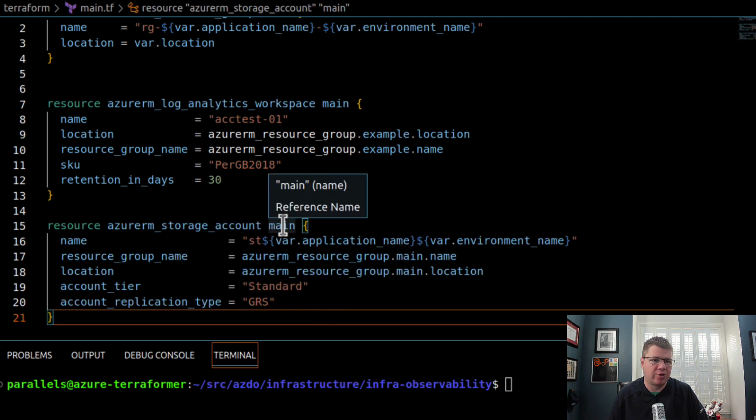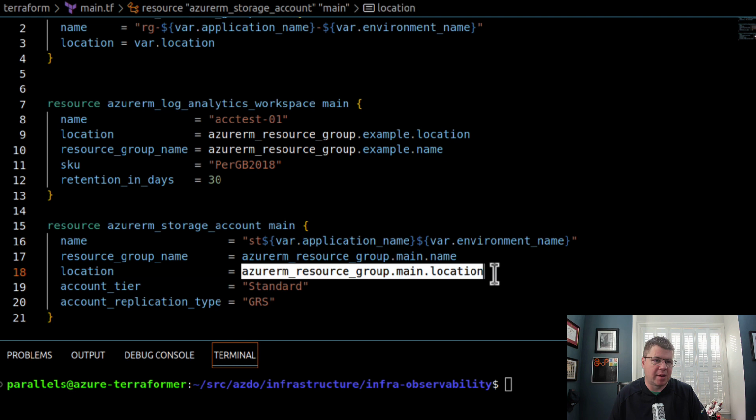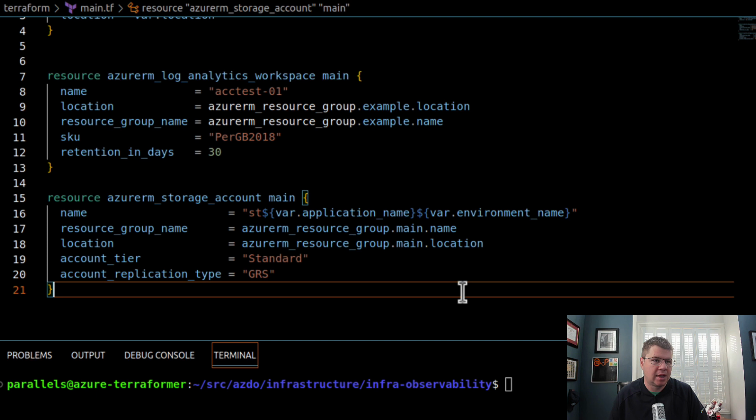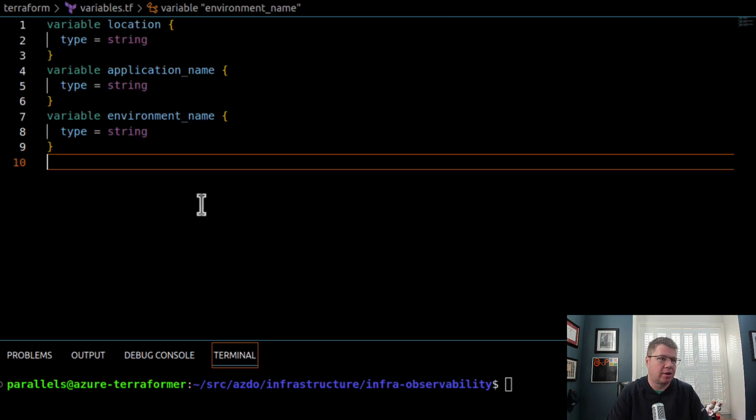So I might drop this into the specific location that I'm going to put the storage account in. Maybe what I'll do is I'll set up a storage account per region that I pass in, and then create n number of them based on that. So let's call this variable